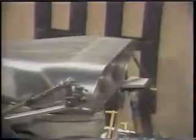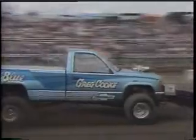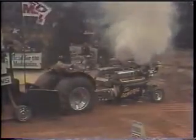Earth-shaking power. Modified 4x4 trucks. And supercharged two-wheel drive dynamos. Multiple supercharged high-performance engines, up to 10,000 horsepower, fighting the drag of the big sled. I tell you what, don't think for a minute they're taking it easy. These guys are...